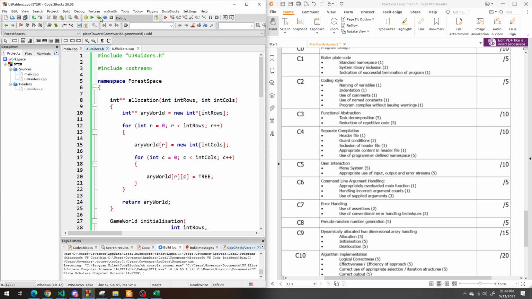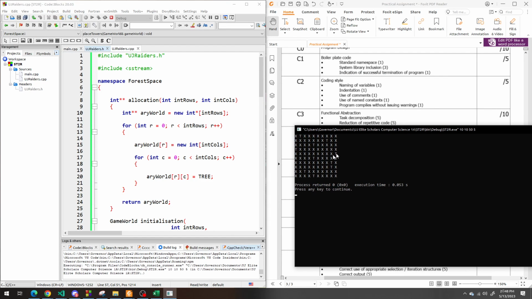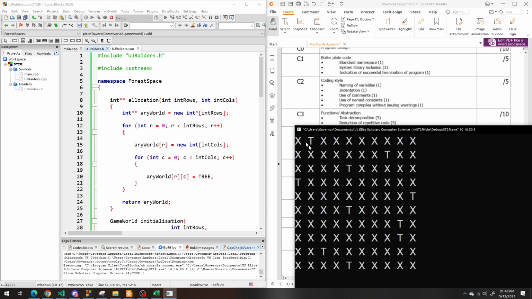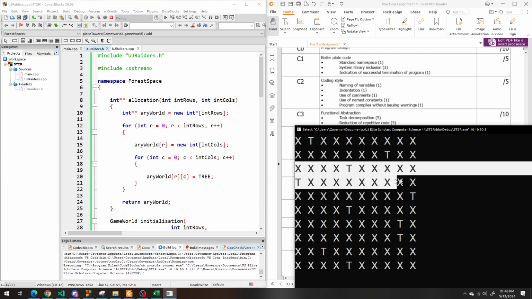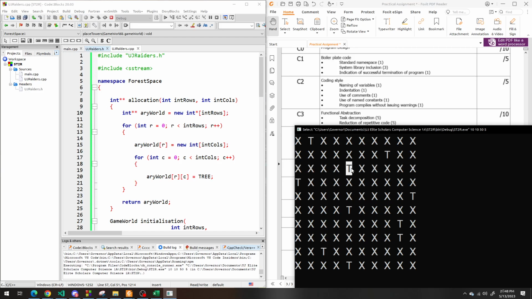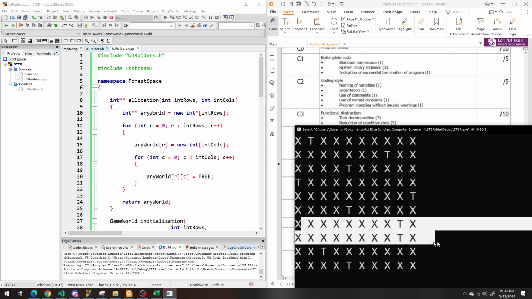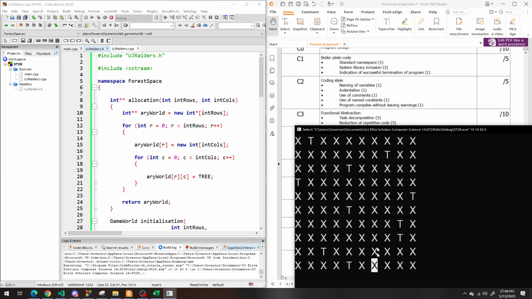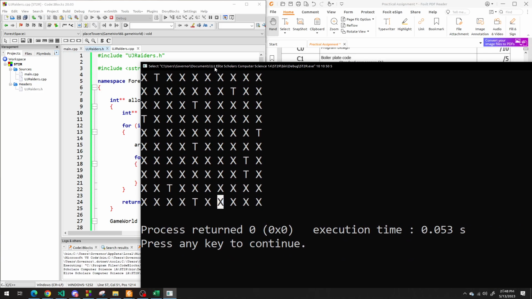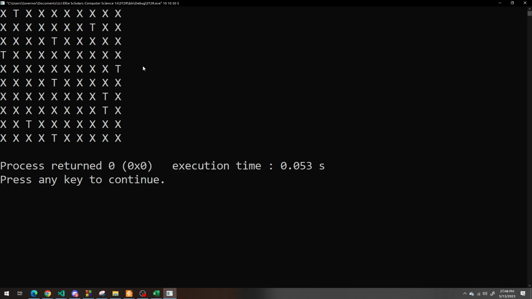Hopefully it works. Okay, it does work. Each and every row must have T. Here's the first row. Does it have T? Yes, there's T. There's the second row. Does it have T? Yes, there's T. There's the third row. Does it have T? Yeah, all of them. They all have towers. All of them, right? So to answer that question for the second one, if we were to generate another number,